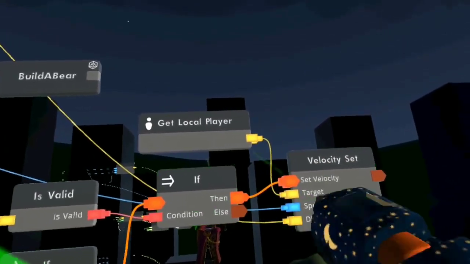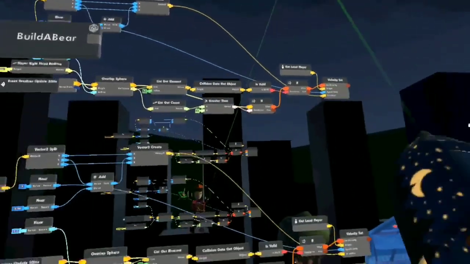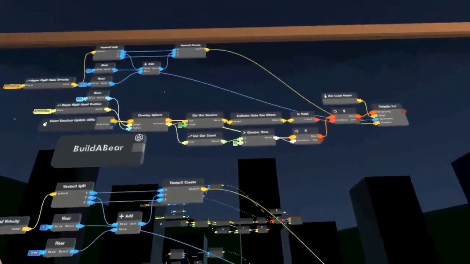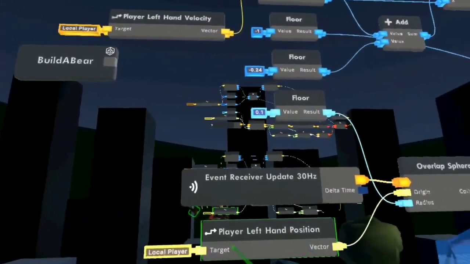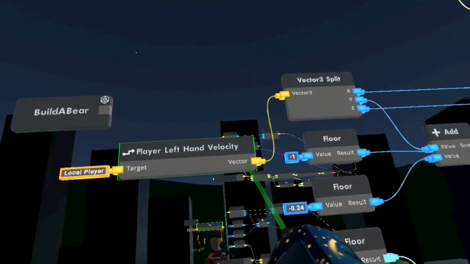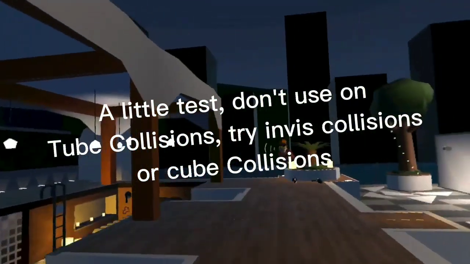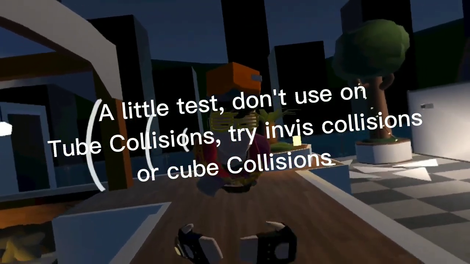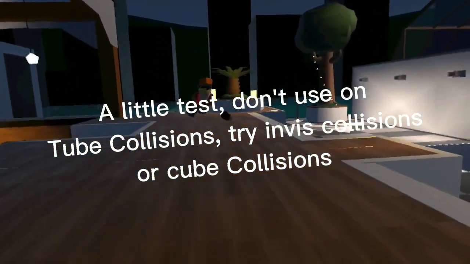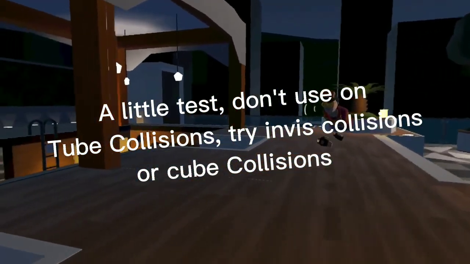And so this is basically the entire system cloned down. Literally, it's the exact same as up above. All you needed to do was change your player left hand position and your left hand velocity. Tubing collisions are weird, so it's not going to really want to let you bounce around on tubing correctly, so